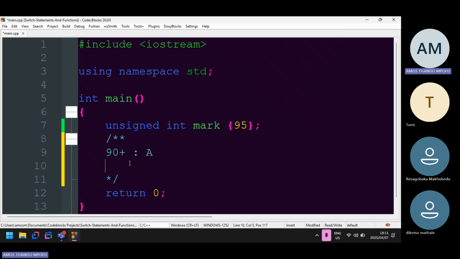Then if you got 80% and more, but it's less than 90, just know the difference. I don't have to specify the ranges, but for the sake of clarity, this will be just to infinity. Like I said, there's really no infinity in computers. So let's just say 90 to 100. Then this one will be 80 to